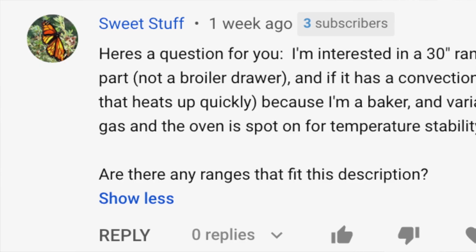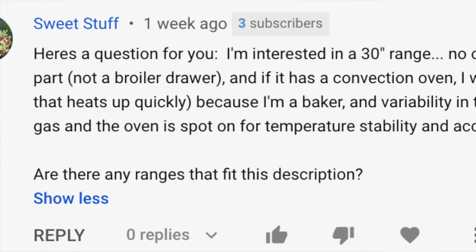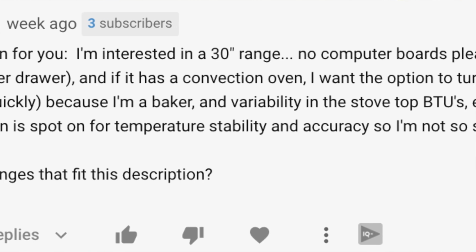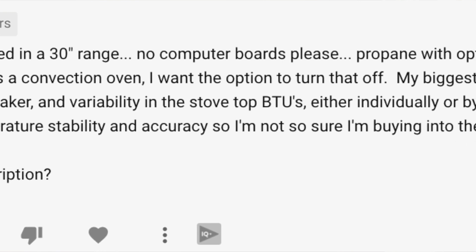On a recent video, user Sweet Stuff asked, "Here's a question for you. I'm interested in a 30-inch range, no computer boards please. Propane with option to change to natural gas, a broiler in the oven, not a broiler drawer, and if it has a convection oven, I want the option to turn that off. My biggest concerns are an accurate oven temperature and that it heats up quickly because I'm a baker,